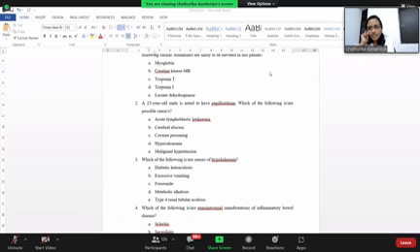Which means with the upper GI losses as well as with lower GI losses, vomiting is a cause for hypokalemia as well as diarrhea. Both vomiting and diarrhea will lead to hypokalemia. And severe vomiting leads to hypokalemia in another way because it can affect your renal handling of potassium as well, but you don't need to know that far. That's more at postgraduate level. But the bottom line is, yes, excessive vomiting causes hypokalemia. That is true.